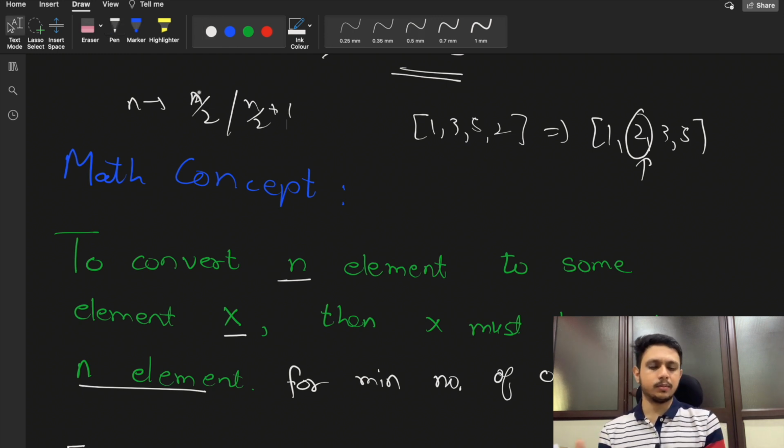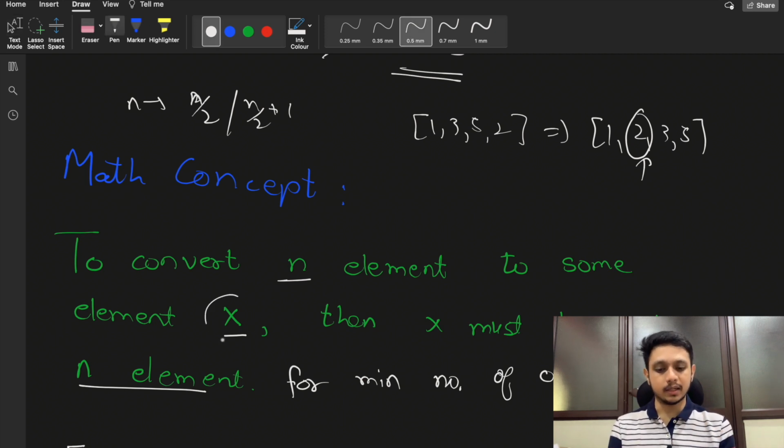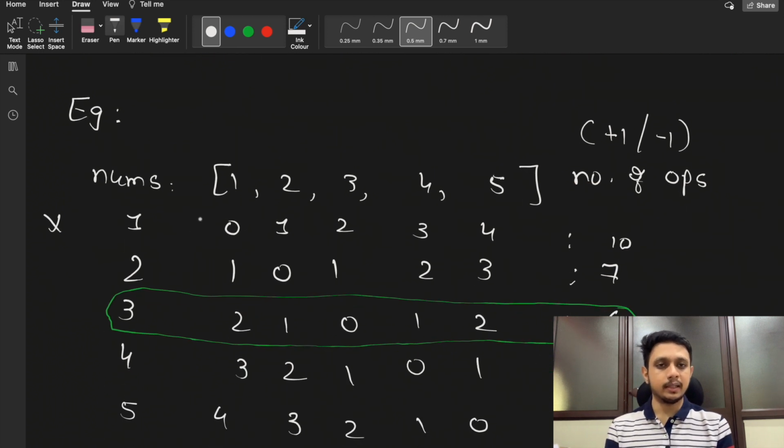That was the mathematical concept: if you want to convert all n elements of the array to one particular element such that the number of operations is minimum, then choose x as the median to get the best possible answer. So for example, you have this sorted array: 1 2